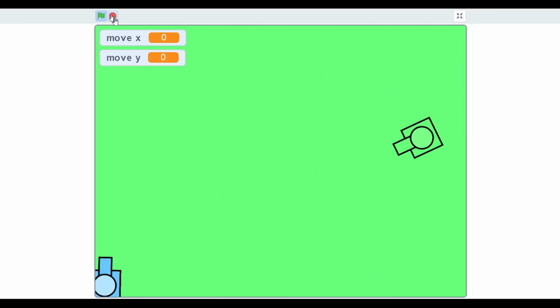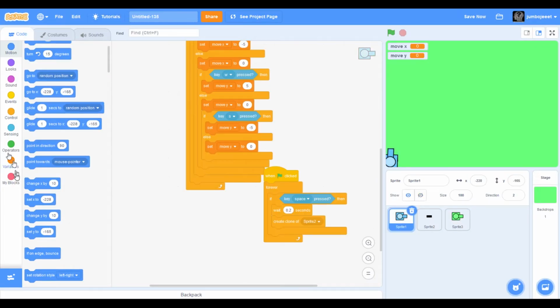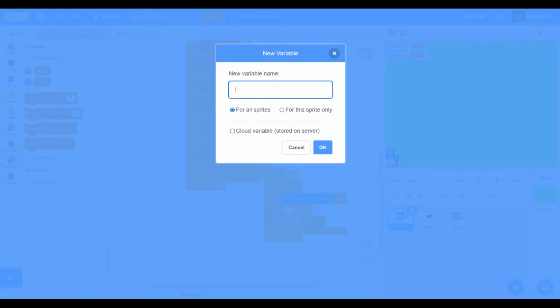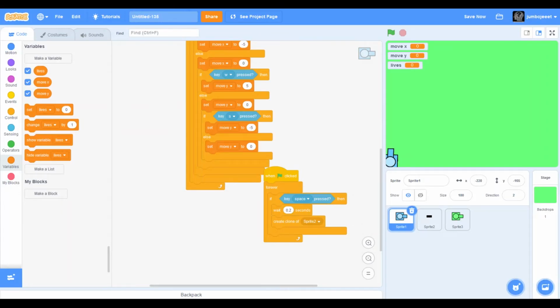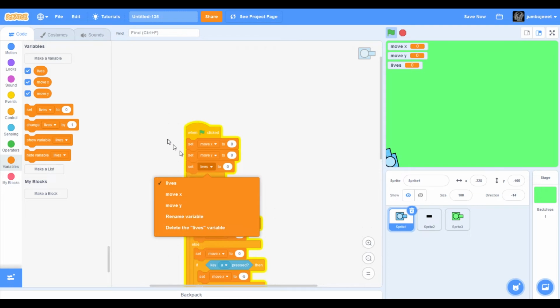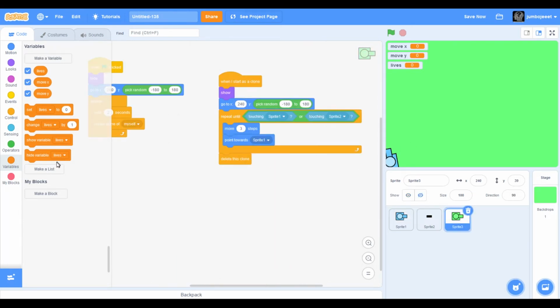So I would like to add lives. To add the lives, I'm going to create a new variable named lives. And in the beginning of the game, let's set lives to 5. And touching sprite 1 or